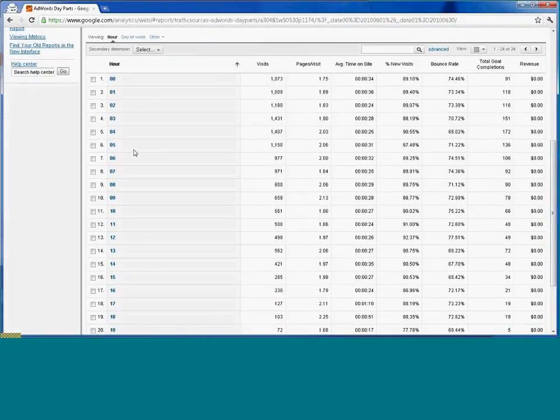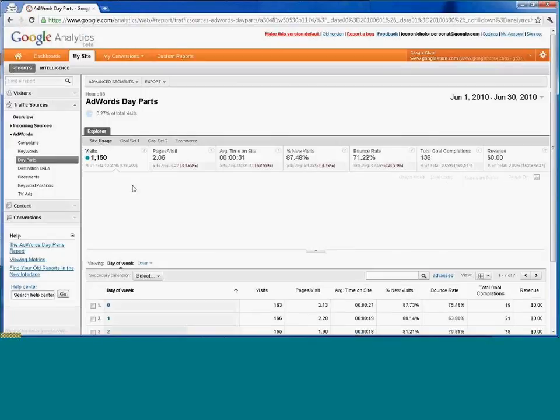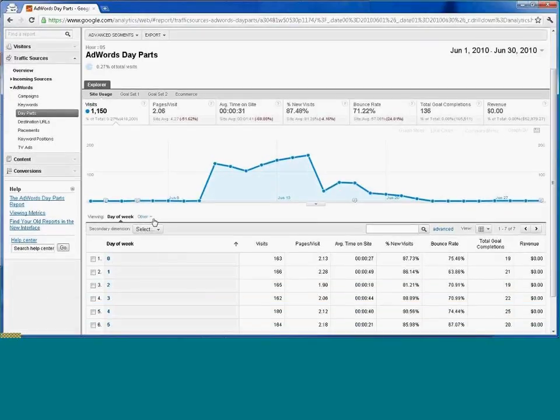Even for each hour, you can say, well, that's kind of interesting. I wasn't expecting 5 in the morning. This is all based on how you set up your analytics account. So for 5 o'clock in the morning, if I drill into that and ask what it is that people are doing in